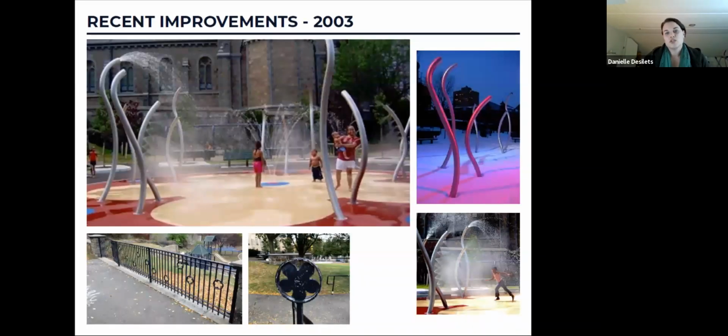So this shows the artwork and the custom spray installation that was designed by Ross Miller. You can see the inspiration, how it carries through on some of the fencing and some of the other details, as well as that kind of rose in the middle of the splash pad and some of the fences. And then you can see there was a lighting element as well on the right-hand side, which is really beautiful. And I'm trying to remember if the lighting on the installation no longer works, but it was all custom designed, both the splash pad and the light installation there.